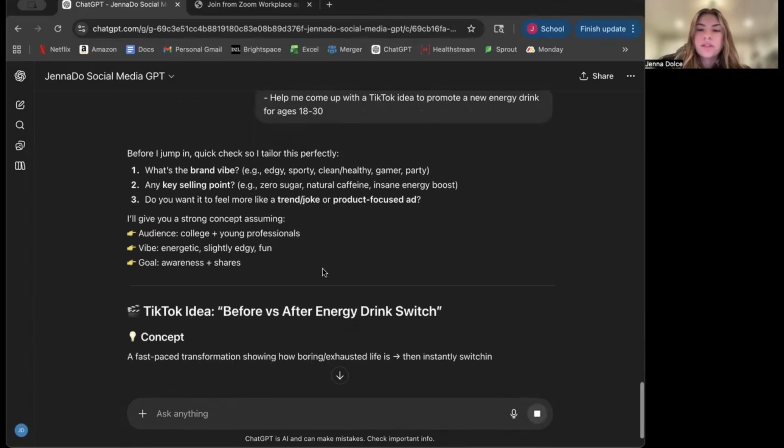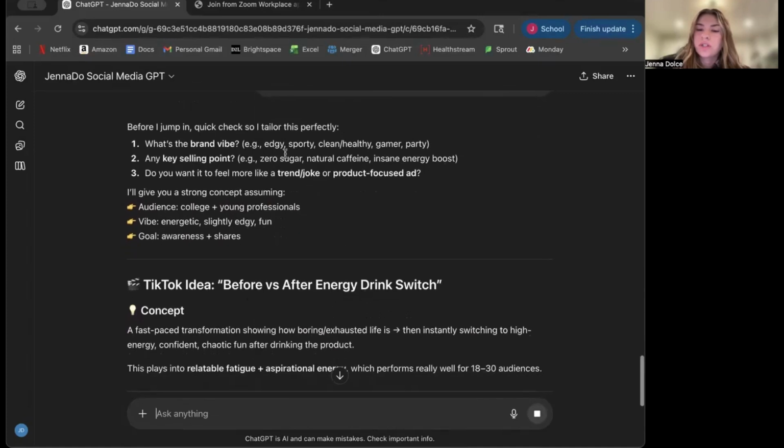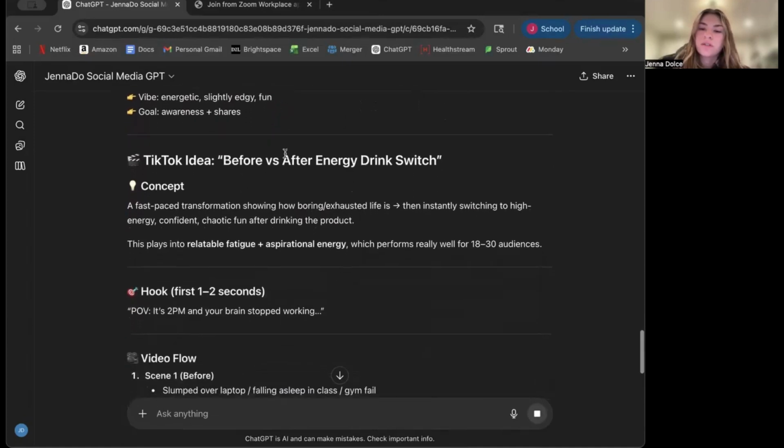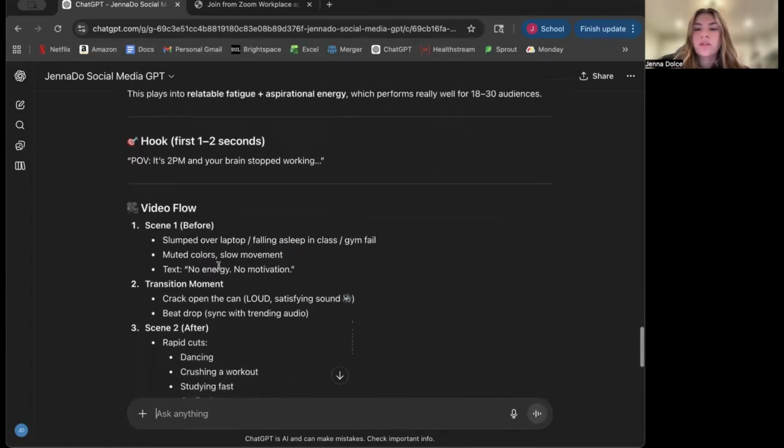So here the GPT starts by asking clarifying questions, which is something I specifically built into the instructions. Since I didn't answer them, it makes reasonable assumptions and still creates a full TikTok concept. It walks through the idea step by step, including the hook, the transformation moment, and the overall structure of the